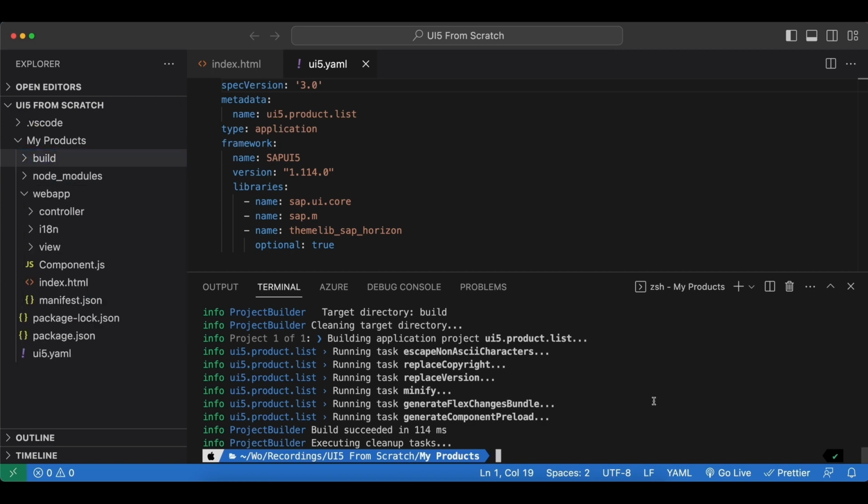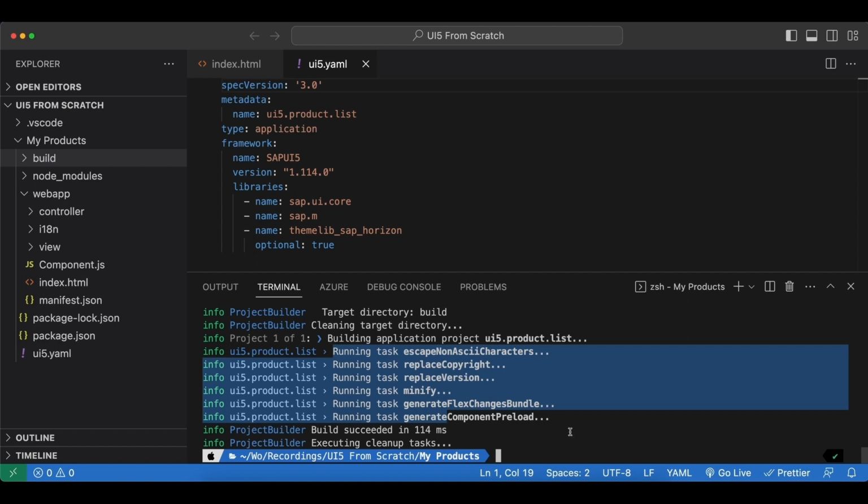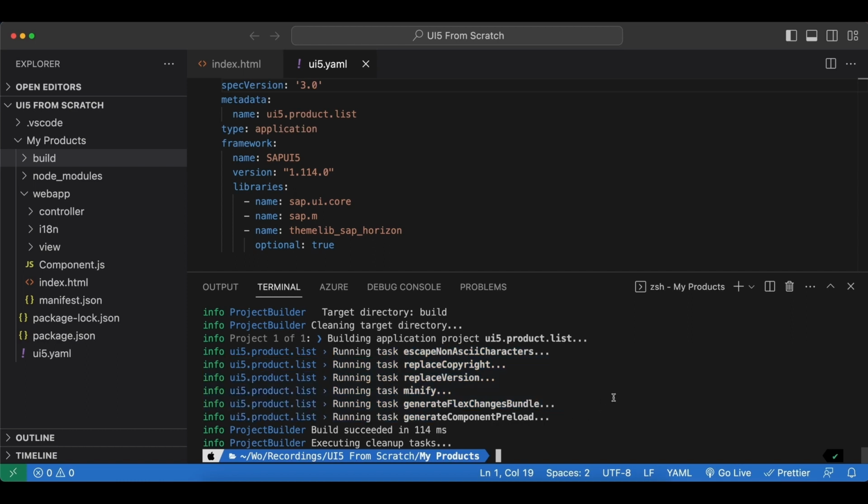And two more very useful parameters we can use. The first one is include-task and the other one is exclude-task. So we can choose which tasks to run for our build. For example, we can remove some of these, or we can include additional ones. Especially, we have some additional ones if you're using Web IDE, so you can include those in your build command. Or if you don't want to run some of these that don't make any sense for us right now,